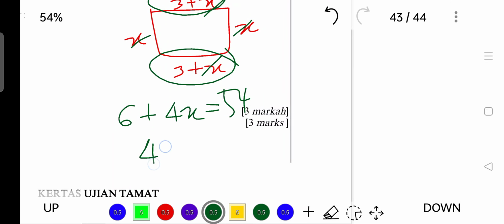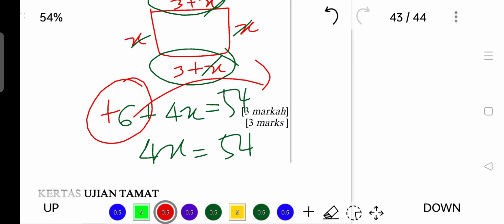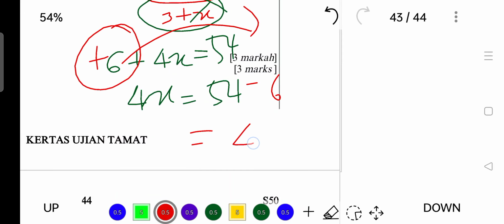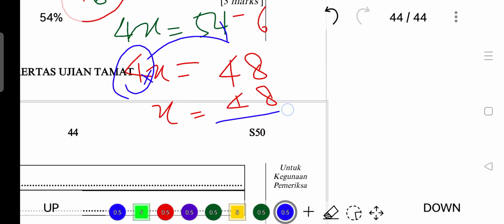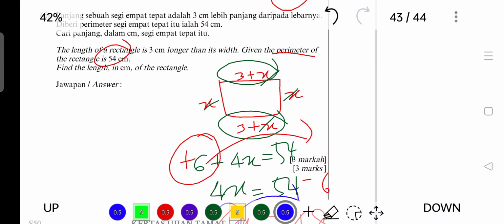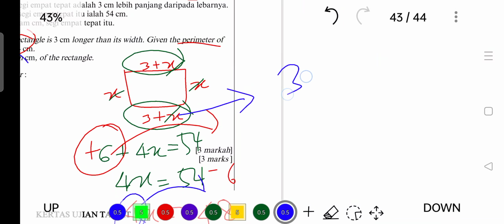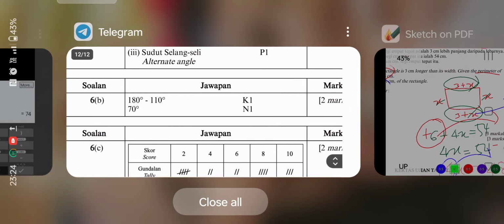So what do I do? This plus 6 thrown over becomes minus 6. It's 48, right? 4x. X is in the state of times, so when I throw it over, it becomes divide. So x is 12. What is the question? They want the length, which is 3 plus 12, which is 15